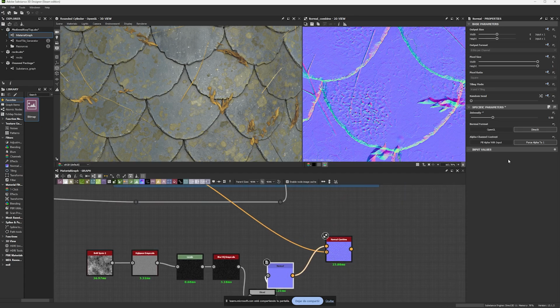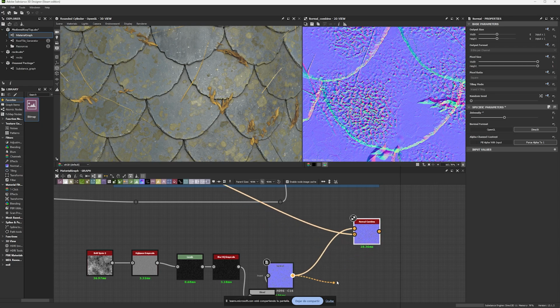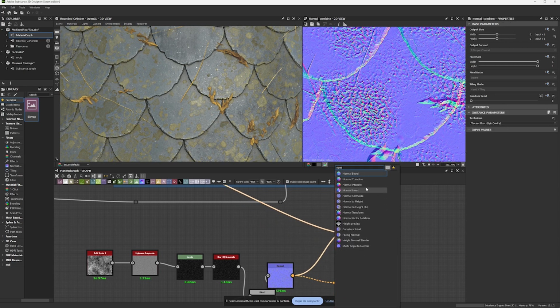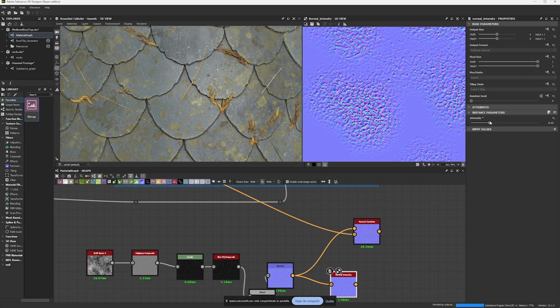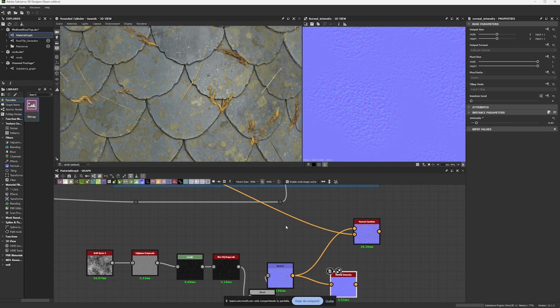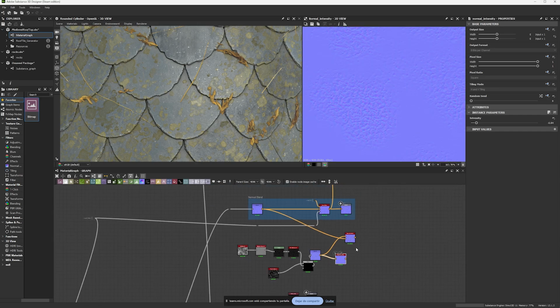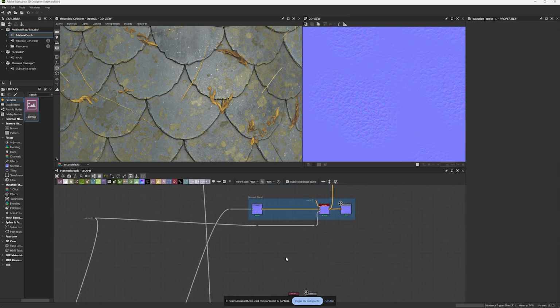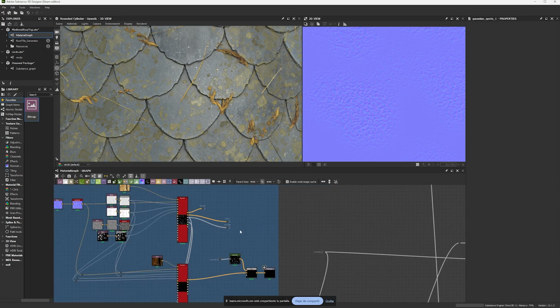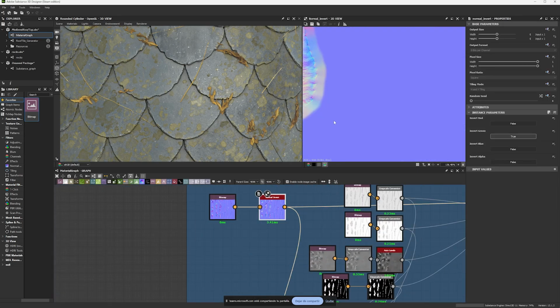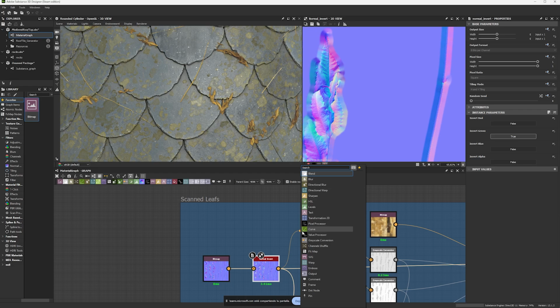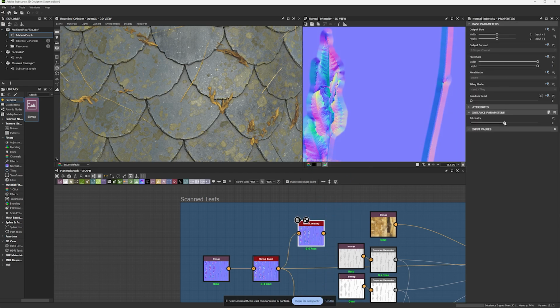Another really nice trick is if you have your normal, let's say, as I always do in 5, and you want to lower this, you can use the normal intensity node to remove a little bit of the intensity. But in this case, it's a little bit useless. You already have this node. The normal intensity is more useful for specific maps. Like for example, if I were to get this normal map and lower the intensity from here, I could go normal intensity. And there I start lowering to make it more soft.